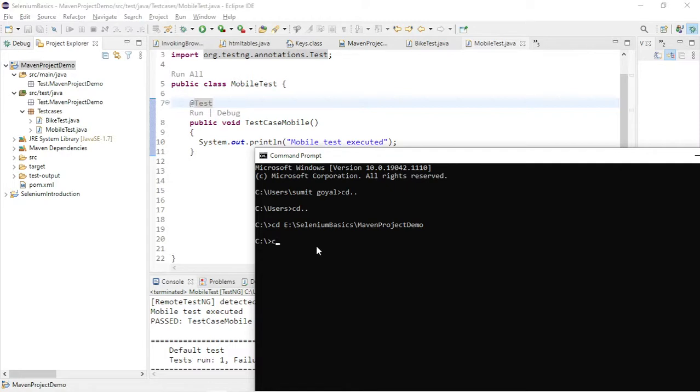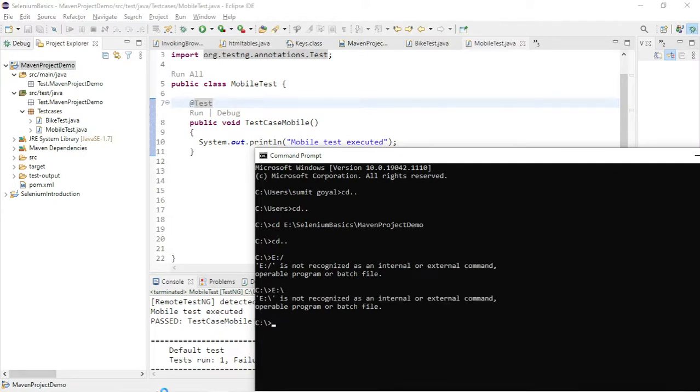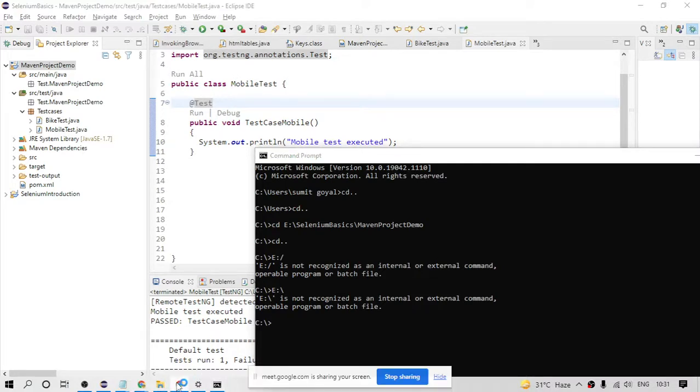Let me change. Anyone remember what the command is to change the directory? I think this is the one. Anyone remember? Let me Google it. I forgot it. What's the command?